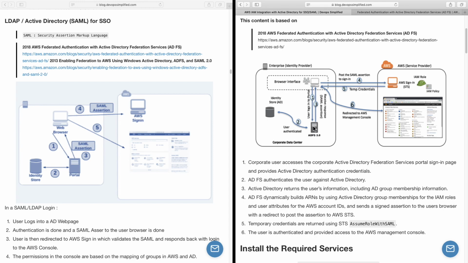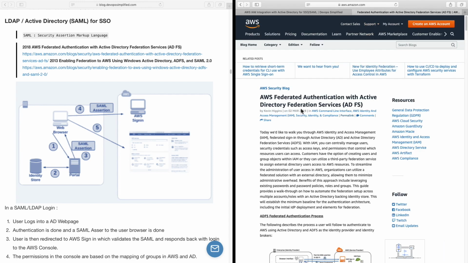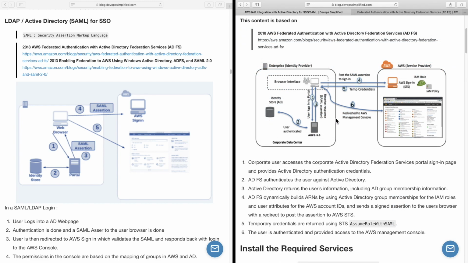This video is based on a very nicely documented AWS blog on how to configure this step by step. So let's take a quick look into how this integration works. In this example, a user logs in using his browser to the Active Directory web page. We will see what web page we are talking about later in the video, but for now, a user logs